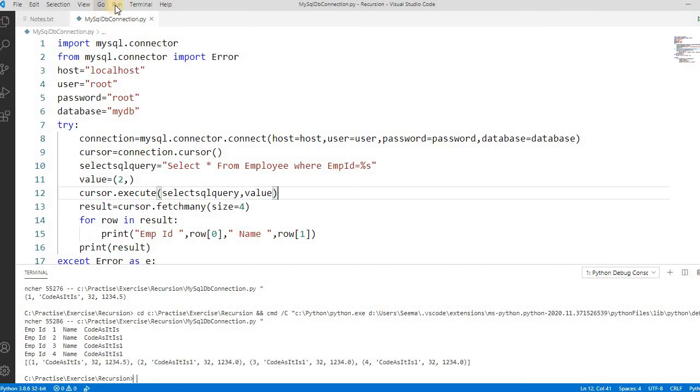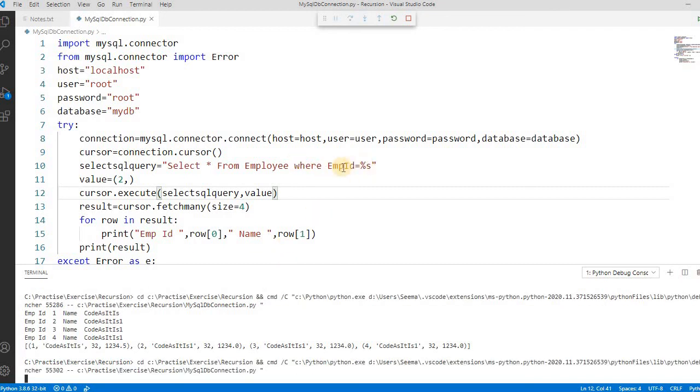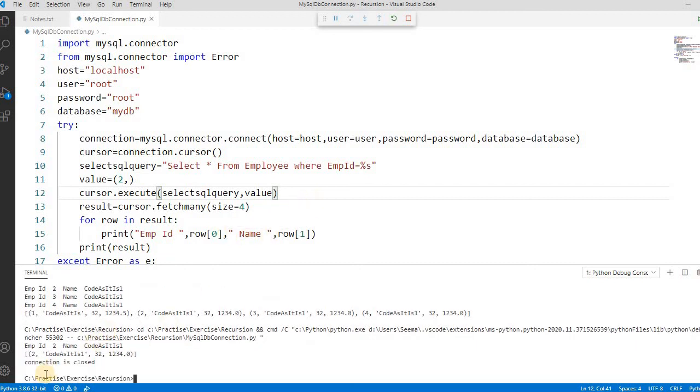Now let's run this. So this way we can put a condition, like we only need the row where employee ID is 2. See, it's printing this, right?